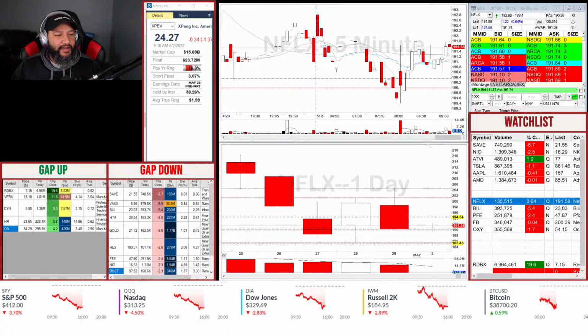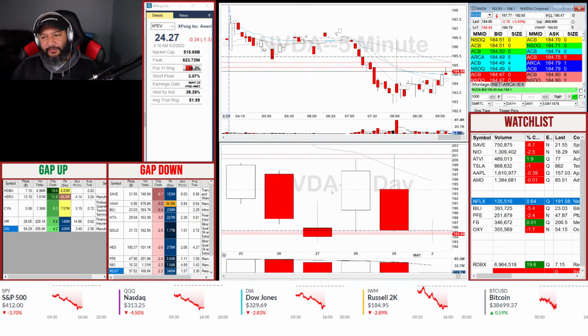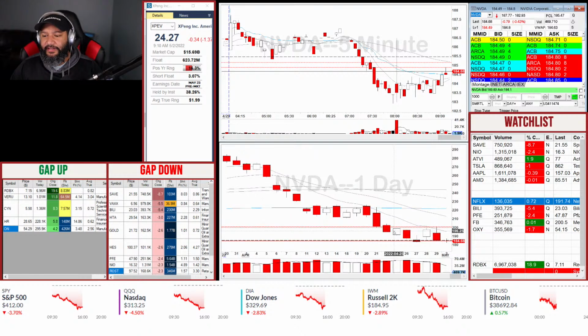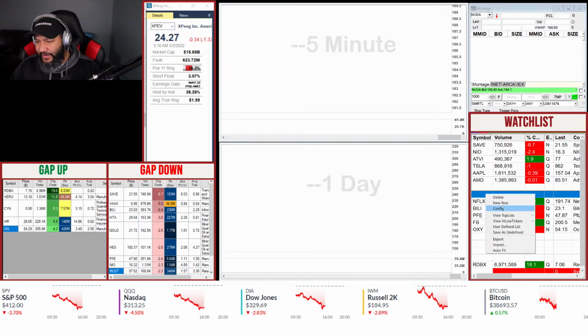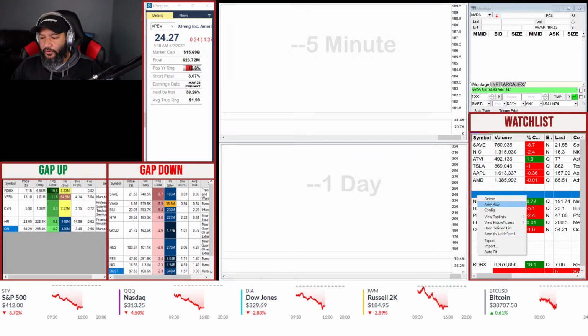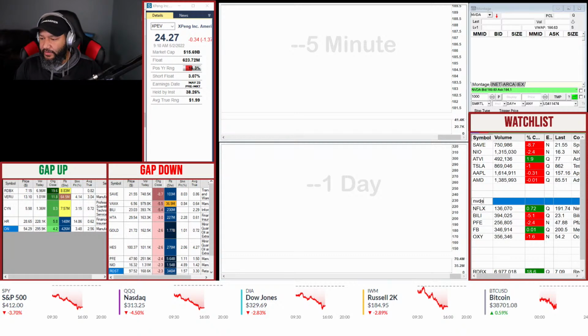All right, what else we got, guys? Nvidia, also near a good support. Let's take a look at Nvidia. I have Apple and AMD, so I'm gonna keep those for now. Nvidia, yes, they look very good as well. Very similar to AMD, but Nvidia does look good. So yeah, you can watch either one. I already have Apple and AMD. I'm not gonna add one more on the main list, but Nvidia has been trading very well.